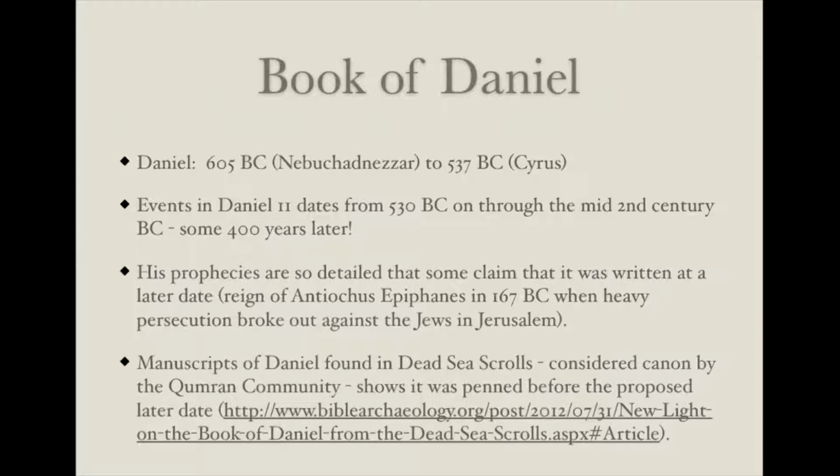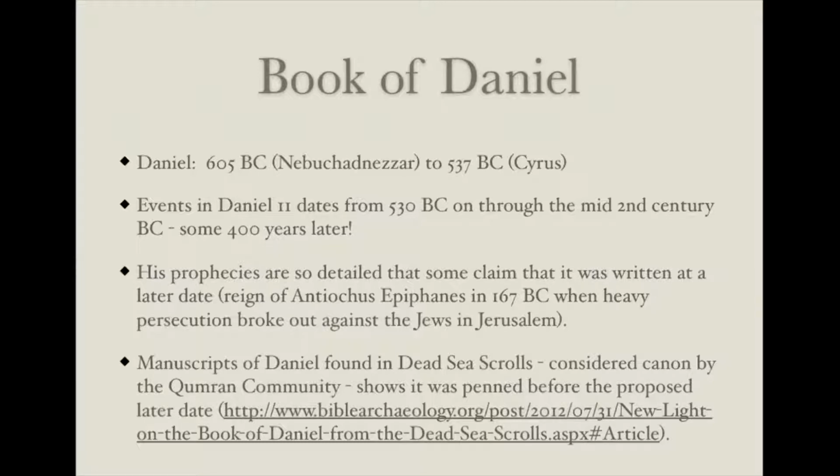And what's interesting is that his prophecies are so detailed. And as we go through it, you'll be like, wow, okay. A lot of scholars claim that it was written at a later date. They actually think that it was written during the reign of Antiochus Epiphanes in 167 BC, when he heavily persecuted the Jews who were in Jerusalem. And a lot of people actually thought that for a while,